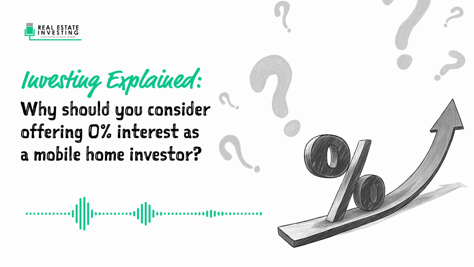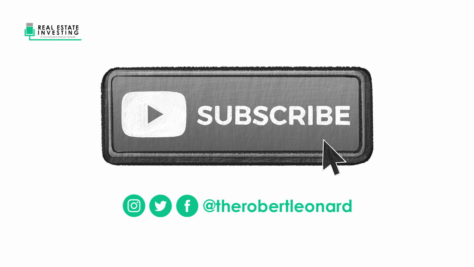So do you calculate, over 5 or 10 years, this is what I would earn in interest if I charged my target interest rate, so instead of charging that as interest, I'll tack that amount onto the selling price and then go to 0%? I know this might be an interesting analogy, but I know car dealerships do that a lot: they'll charge 0% interest, increase the price of the car so that they can claim 0%. So I'm curious, is that the same type of thing you're doing with your mobile homes? If not more. Yep.